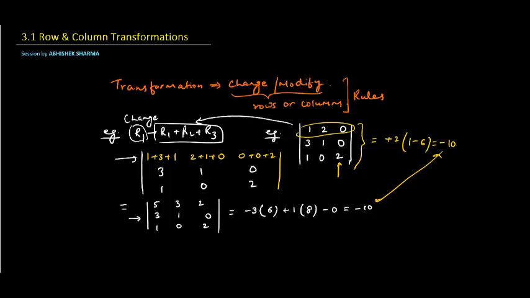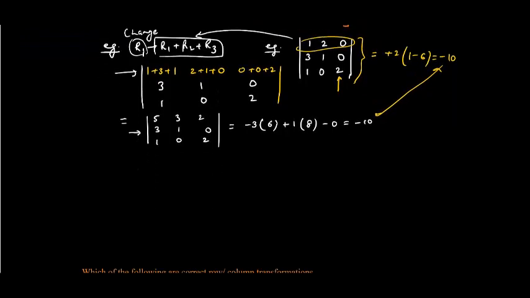We'll change some row or column with the help of the other row or column. Now in a more sophisticated way, I can write a transformation as, let's say, R1 is R1 plus, में हम we are adding in R1 lambda times R2 plus mu times R3. This is a valid transformation, right? So transformation के rules क्या क्या होते हैं जो हमें ध्यान रखने हैं?